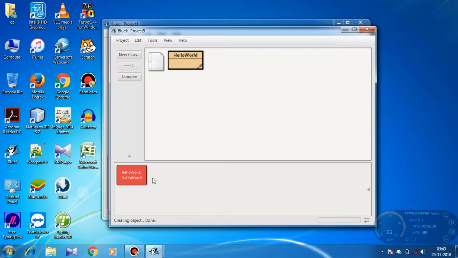This is the object bench. Executing an object's method means executing the program. How can we execute the program? Suppose we want to run our program that has two methods.